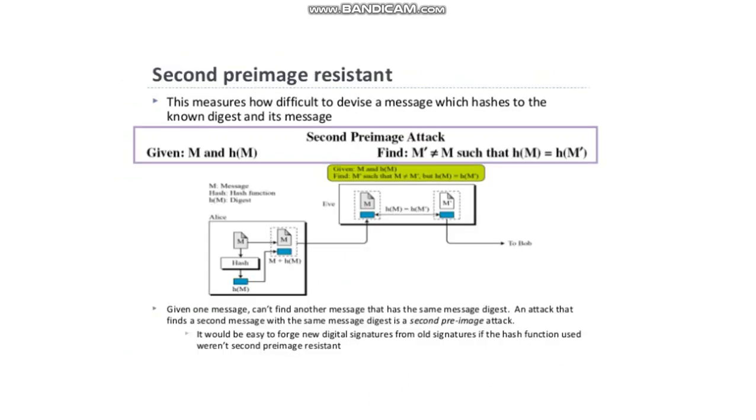The next one is second pre-image resistance. Suppose we have two messages m and m dash, and both share the same hash value. If we know one message, by keeping its hash value we may not be able to find the other message. That is, we know the hash value h for a particular message m. Suppose the same hash value is available for another message m dash. If an attacker wants to find m dash using the same hash value, it is not possible. That is second pre-image resistance.